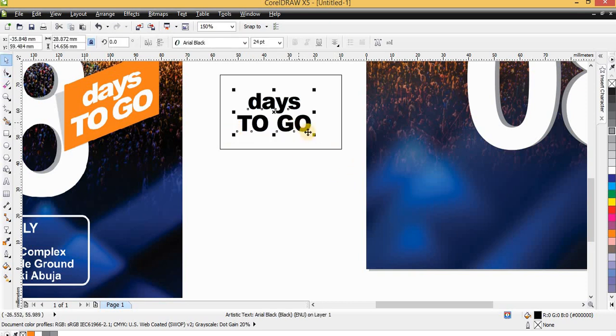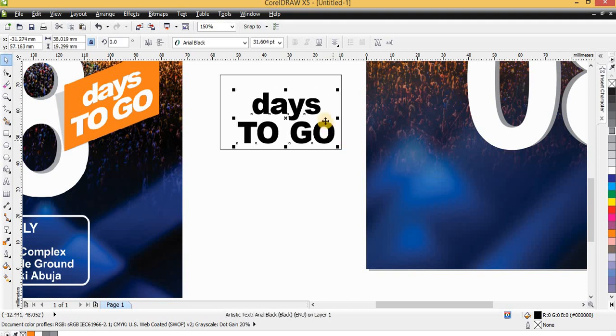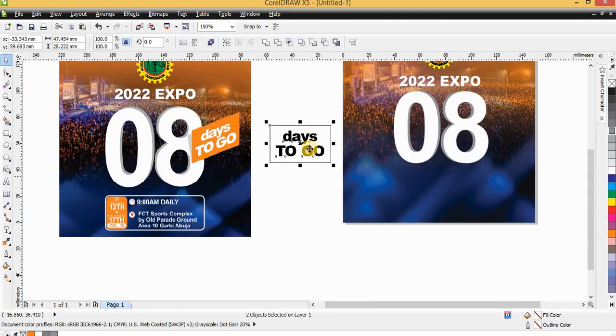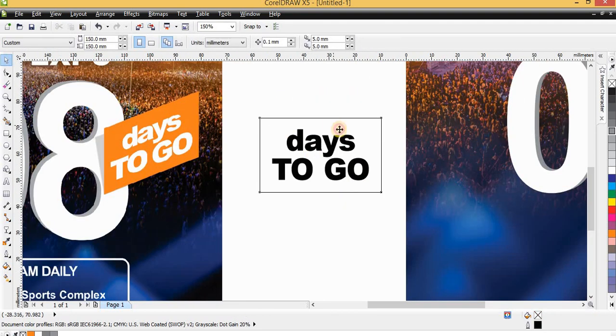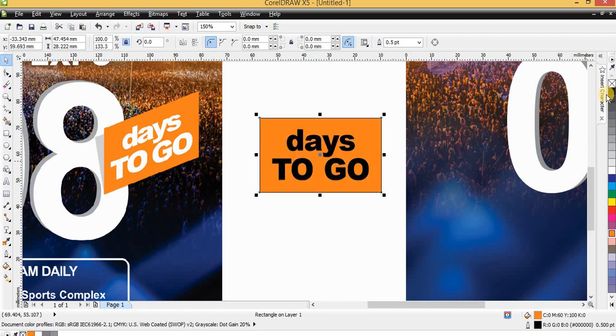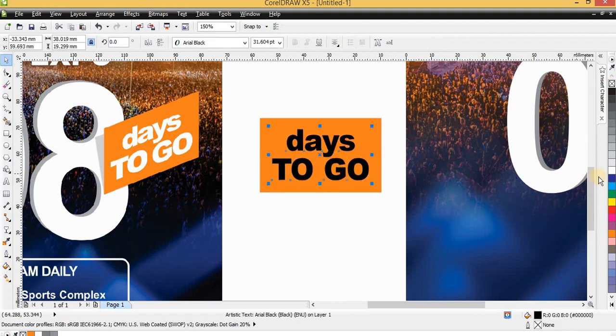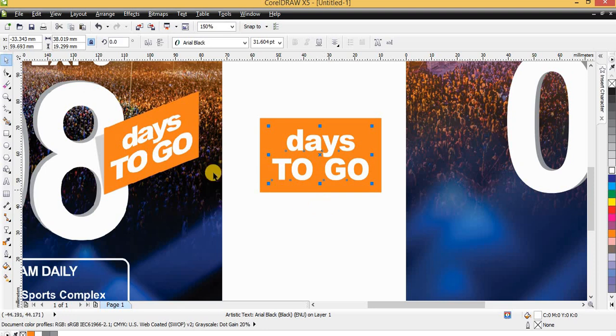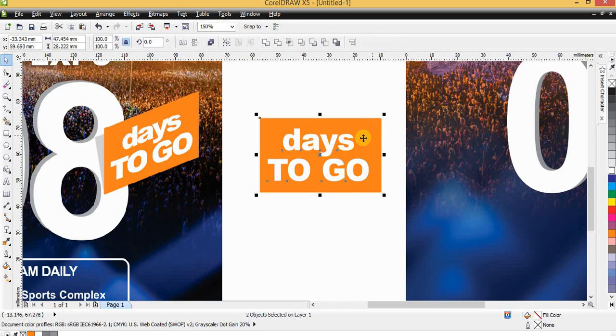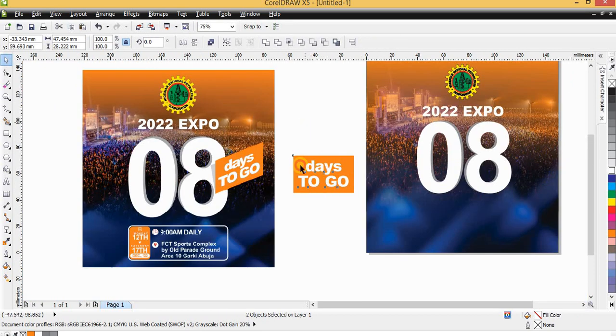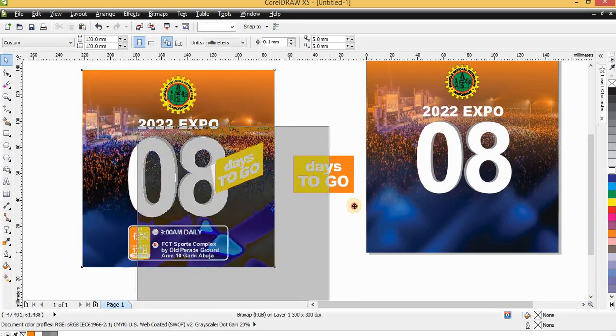So in this case, I also stretch it a little to fill in more and centralize it there. This days to go has white color, while the border or the shape, that is the container there, or the background there, is just that. I don't know what this color is. Could this be